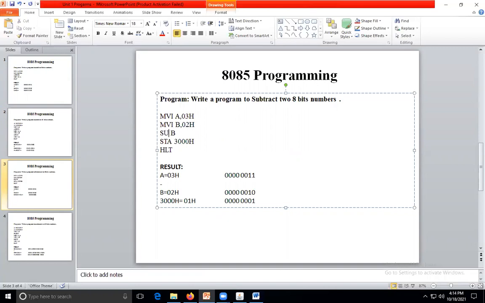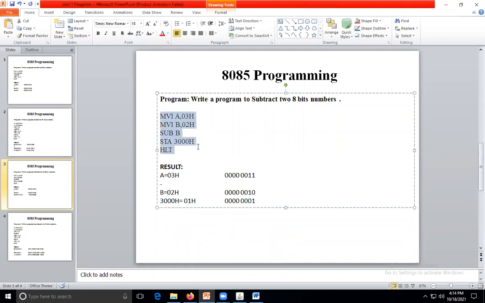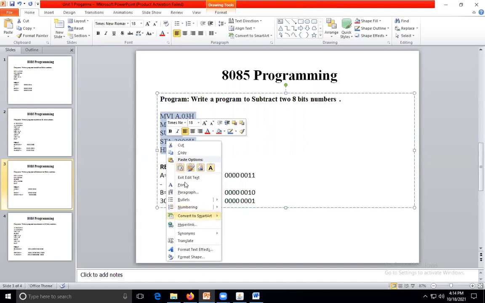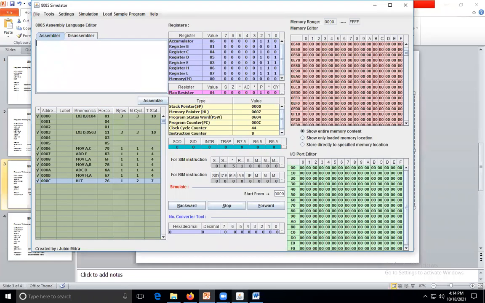You have to write down SUB B. So the result is at C. We'll copy this. Same program, only we have to replace ADD with SUB B. This is the copy. Store it here.